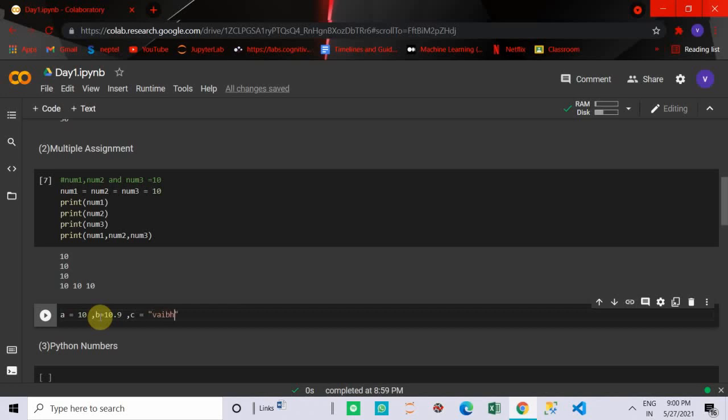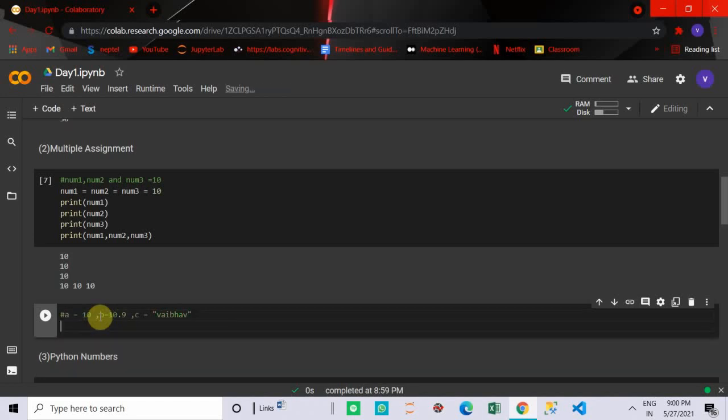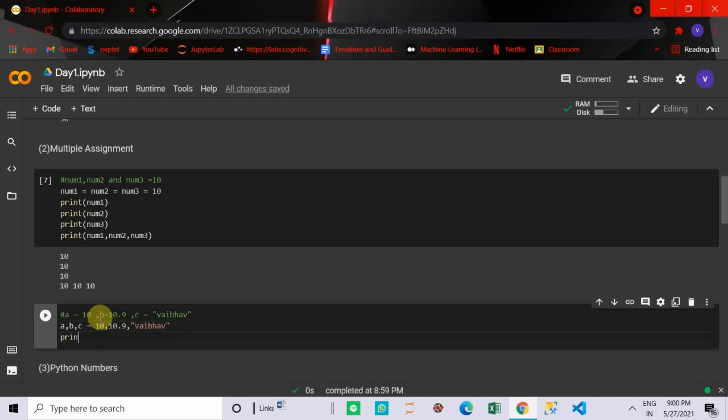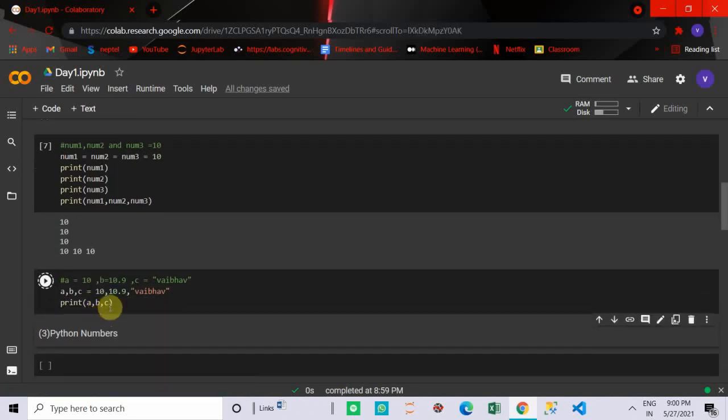For this you can use the comma separator: a, b, c equal to just one equal sign, and the values 10, 10.9, and the string. Now we can print all three in a single line: a, b, c. So that's all about multiple assignment.